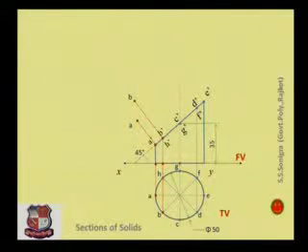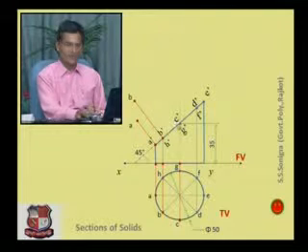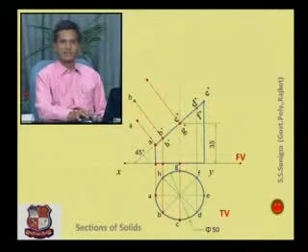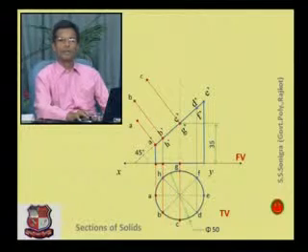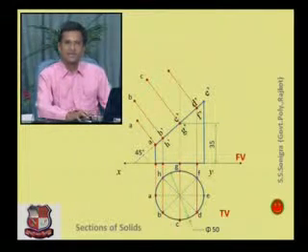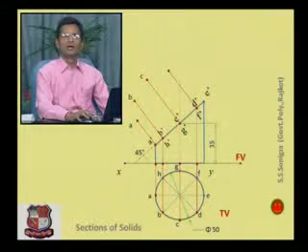Measure the distance of point C in the top view, from this point to this point, and locate it over here from the C dash point to this point. So these two distances are similar. Similarly, from point D, draw a line from the XY line to D, measure the distance, and translate that distance to the line perpendicular, which is drawn from the section plane.